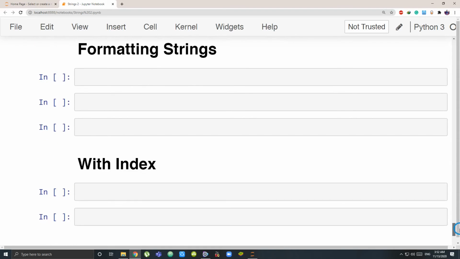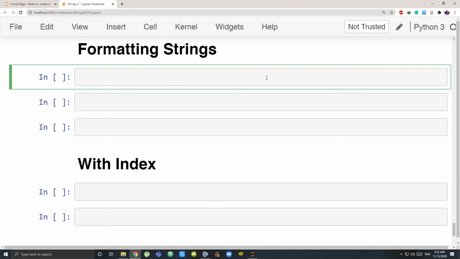Now comes the favorite part. String concatenation was so difficult, and there were so many problems, like the conversion of data types and all of those things. Then we saw join. Join also had one drawback: you can't combine many data types together. For this, string formatting is the method that comes in very handy, where you can add any data type to your string. I will show you how.